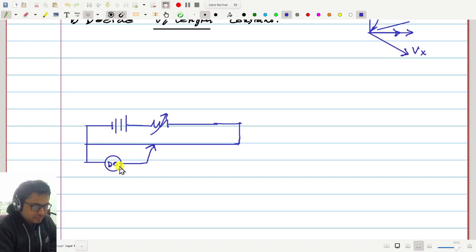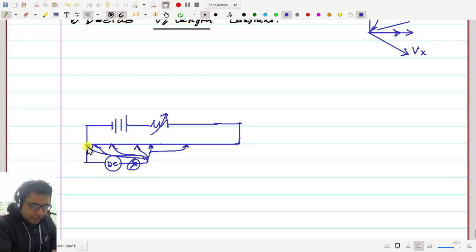Sir, when we sweep the jockey from one end to the other, the current will always keep increasing. Yes. So we will look at the galvanometer deflection. Here we are getting some deflection. Then when we bring it here, we are getting less deflection. Here even less. At the extreme left point, the least deflection, but that is not null yet.